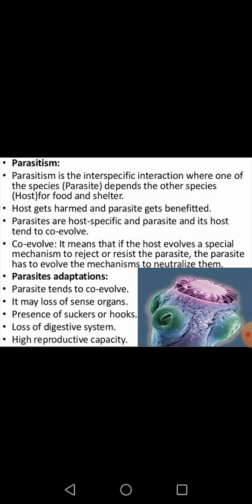Loss of digestive system, because they don't require any kind of digestive system, because they are getting already digested food, and they have high reproductive capability, they are producing a large number of offspring. Okay, so these are some